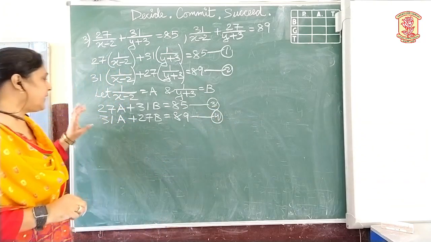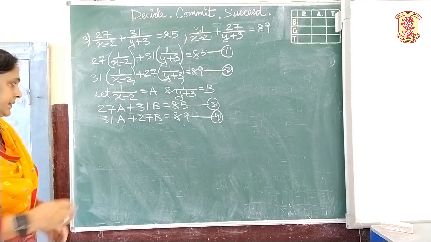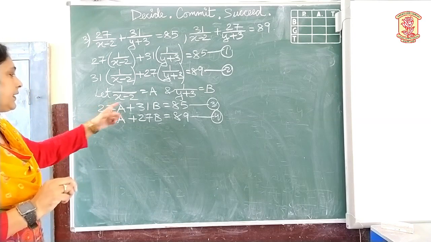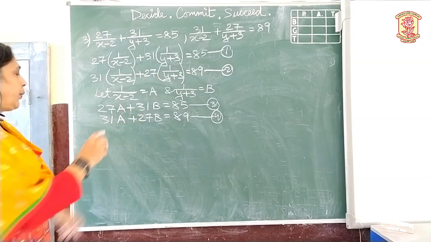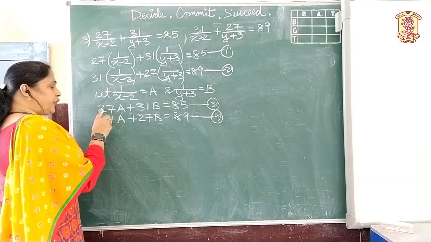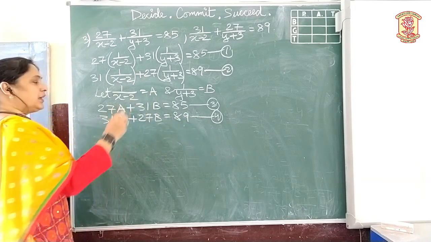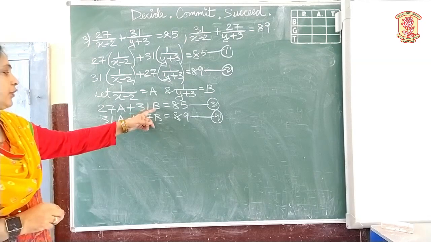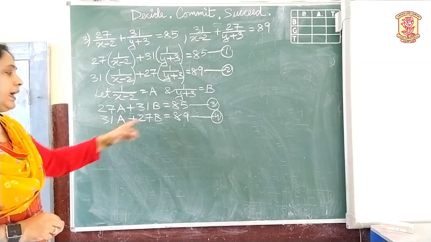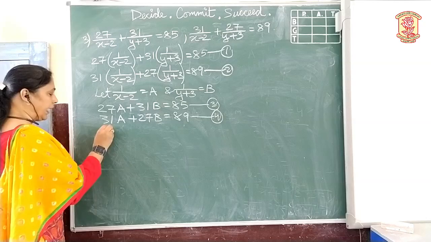Now again, just observe these two equations. Similar type of equation, we have done it in the previous exercise. Here we find again the coefficients of the third and the fourth equations are interchanged of a and that of b. That is, the coefficient of a in the third is the coefficient of b in the fourth. Similarly, the coefficient of b in the third equation is the coefficient of a in the fourth. So in such cases, we add and we subtract.